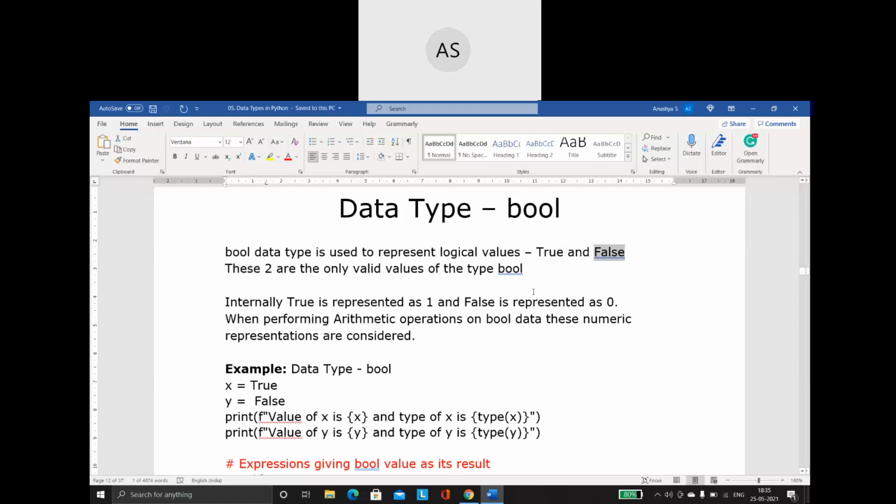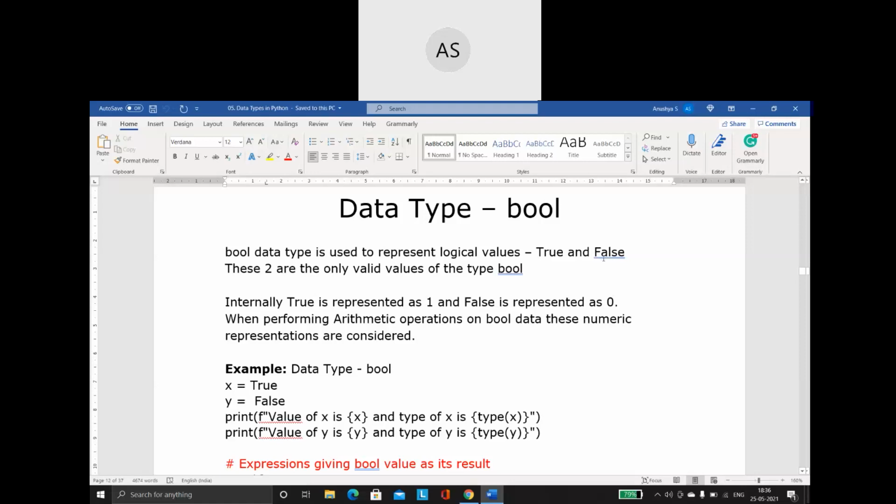You have to remember one more thing: both the words True and False are keywords. As you know, every language has a set of words called keywords or reserved words. In Python, both True and False are keywords. And look how we have written it. The first character of True and the first character of False should be written in capital case. This is another compulsory thing you have to follow.